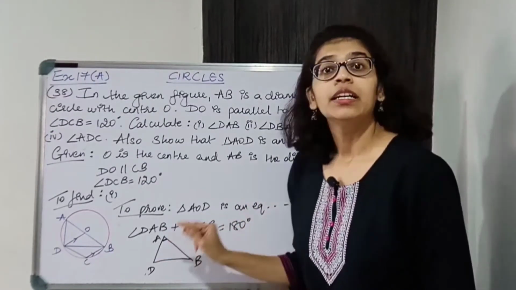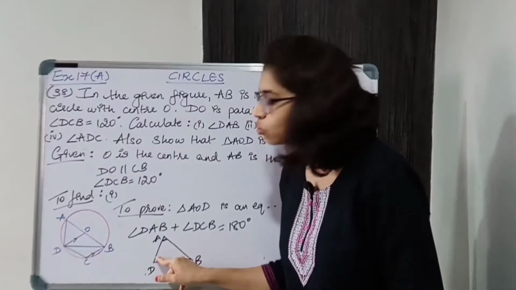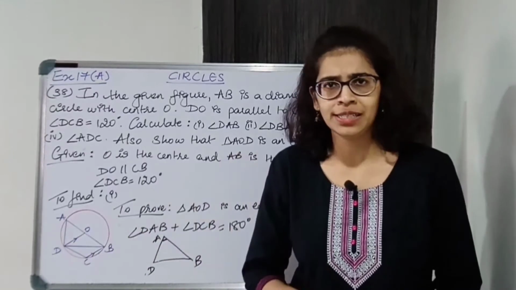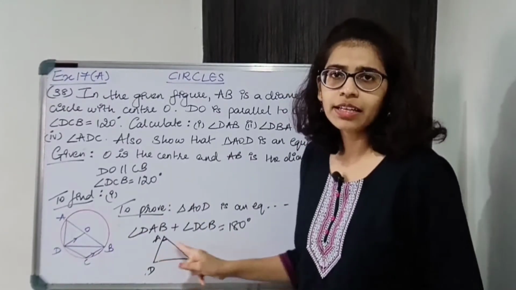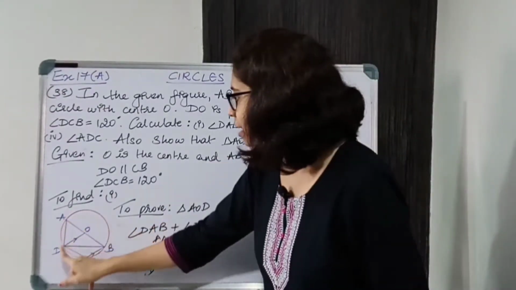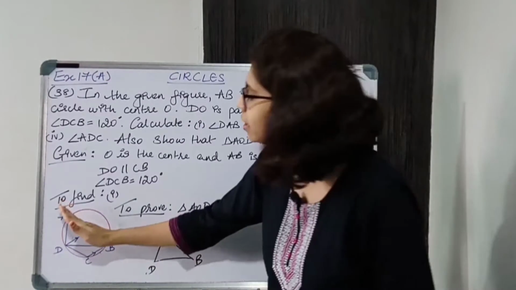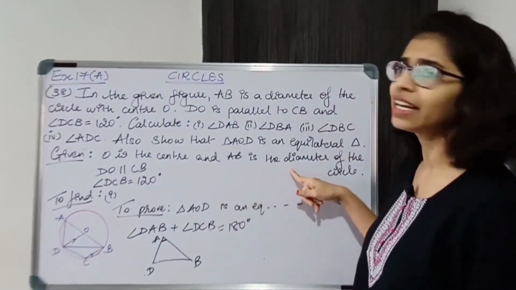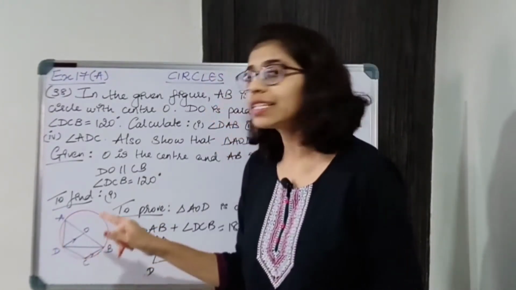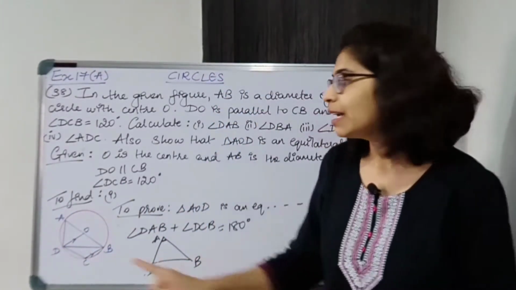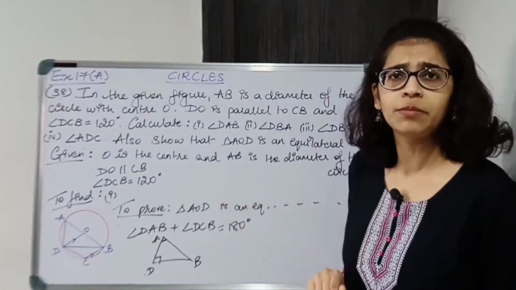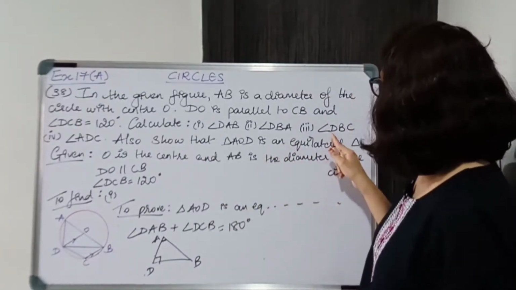Okay. Now to find DBA, I need to know the other angle using the property of triangle. Okay, we know the sum of all angles of the triangle is 180 degrees. So if I know this other angle, I can easily find the third angle. Can I find this angle ADB? Yes. Angle ADB is the angle subtended by the diameter AB. AB is the diameter. We just wrote it in the given. So AB is the diameter, and the diameter is subtending this angle on the circumference of the circle. Therefore, ADB is 90 degrees. I have this angle, so I can easily find DBA. So the second part is also easy.